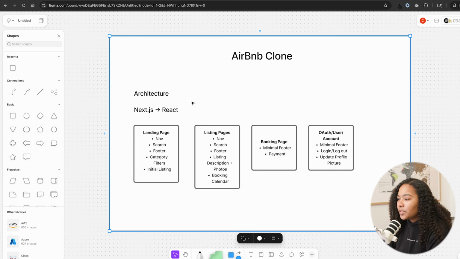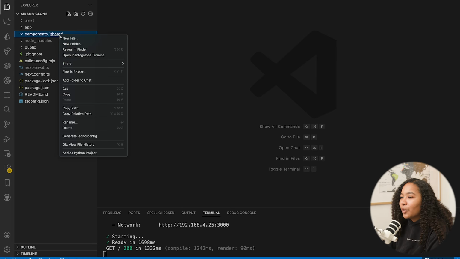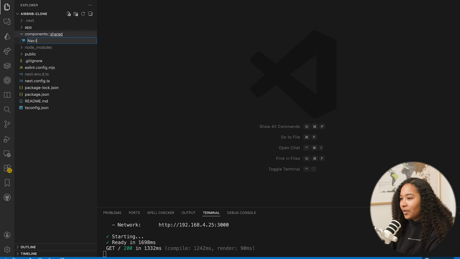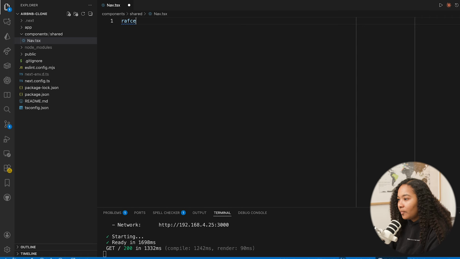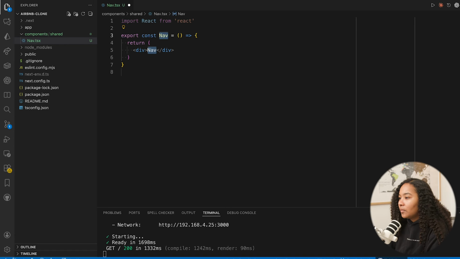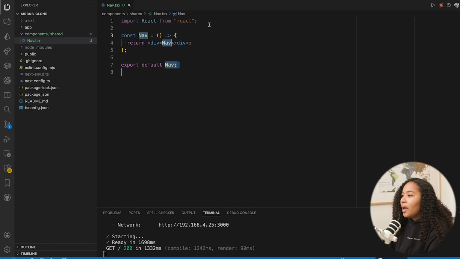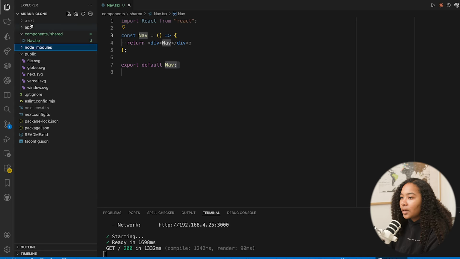So first things first, I'm going to want to go ahead and build this nav just because it's sort of the piece that makes this work across everything. So yeah, let's go ahead and get started there. So for the nav, I'm going to go ahead and create a new file. We're going to say nav.tsx. Good. And yeah, we have our nav there. And then I'm just going to bring it into my